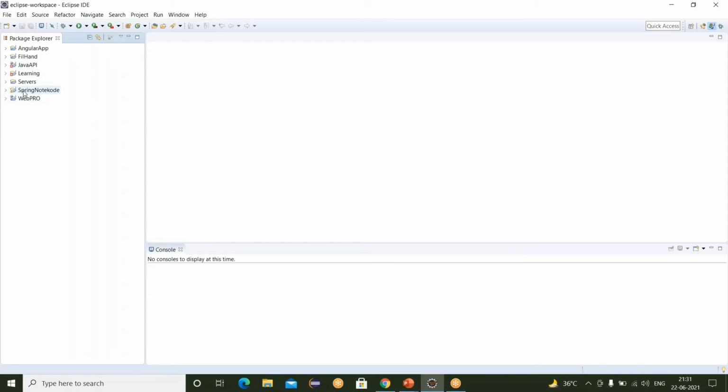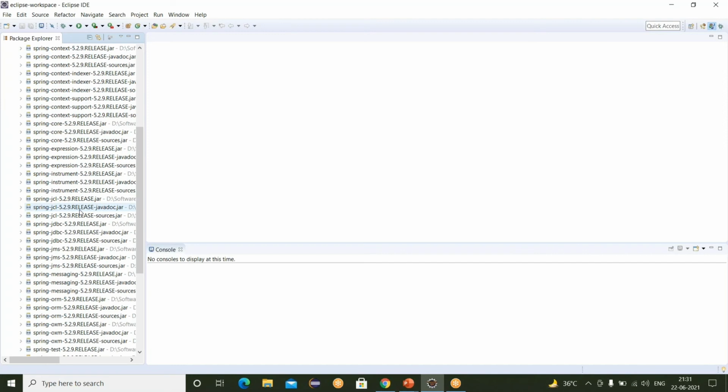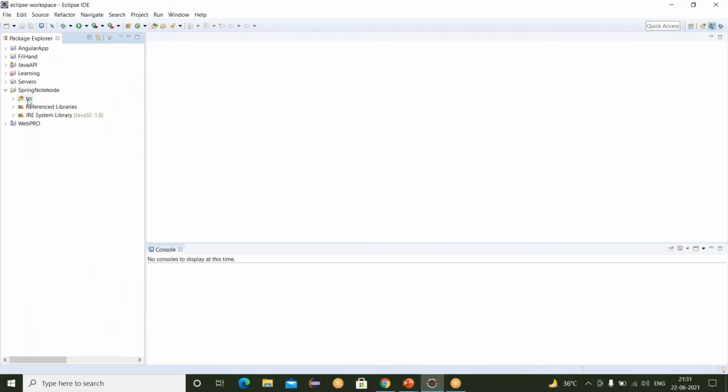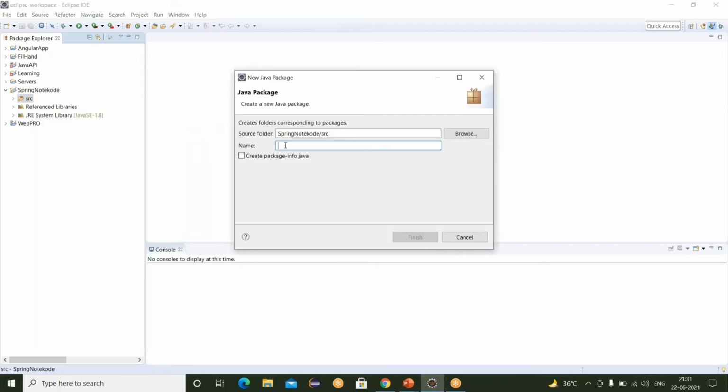Here, our Spring NodeCode project is already created. You can see all the reference libraries are already added and all the Spring related jars are already present. Now I am going to the SRC folder. Just right click here and create a new package.